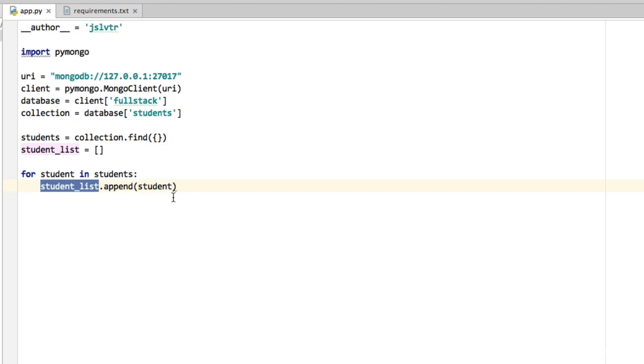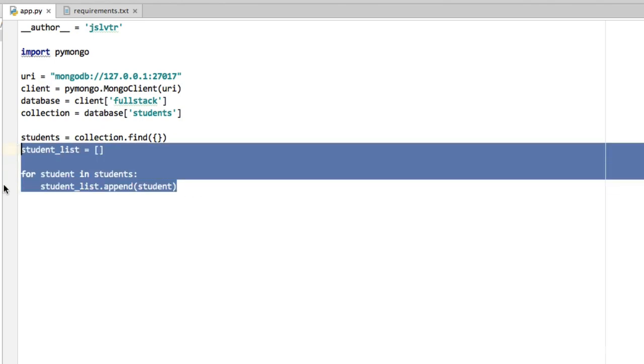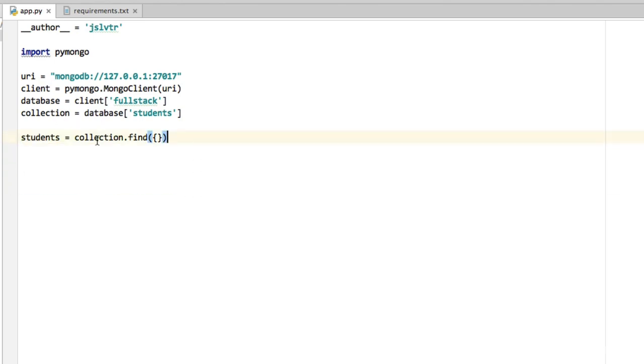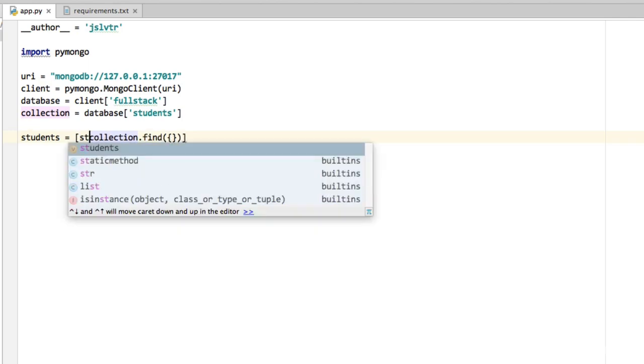So we could do that, but now we need a few lines and we end up with two variables. One of them is our cursor object and the other one is our list object. So say we didn't want to do that. Say we wanted to say that our students are the students in this collection. So what we could do is say put this collection.find inside a pair of square brackets, and then we would say the contents of this students list is each of the students